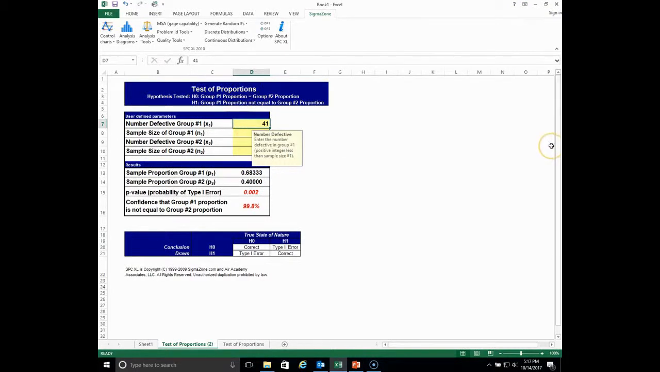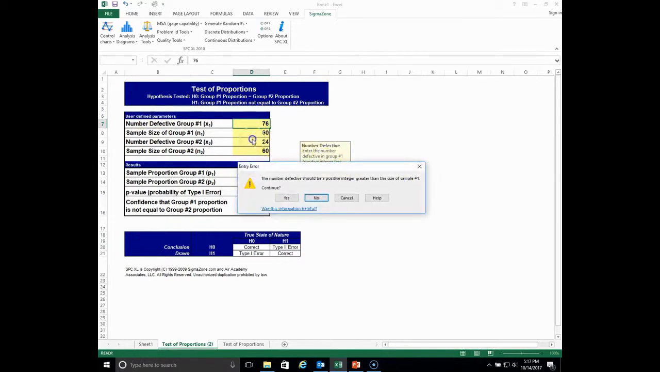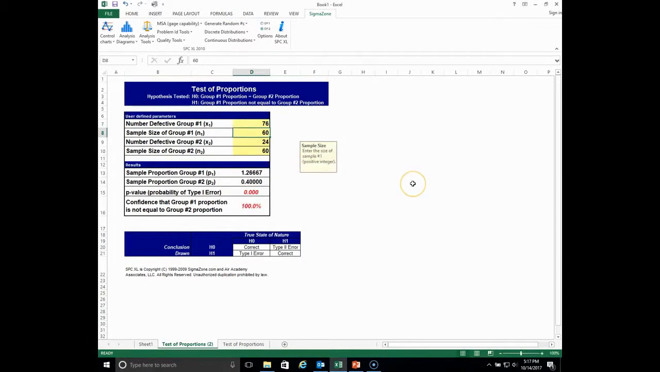The first group, which is 2014, 76 out of, let's move this over here, out of 100. Now notice I'm getting a message. As soon as I put that 76 in there, the software is telling me your numerator cannot be bigger than your denominator. That's what it's saying. Well, I haven't finished putting in my data yet. So I'm going to just click through this, just say yes, and 76 out of